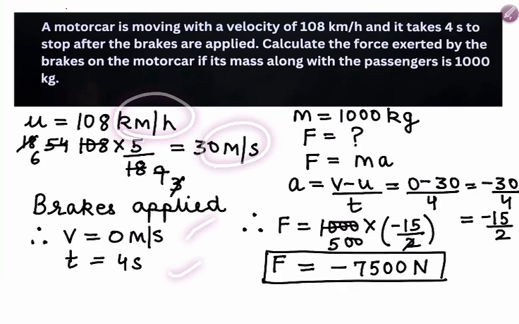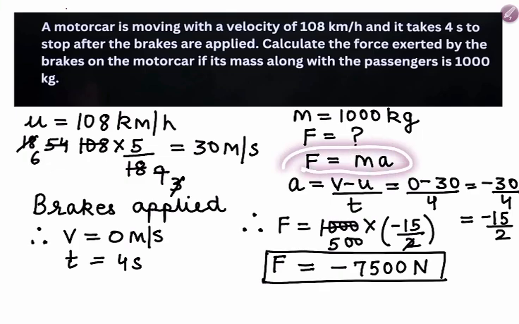Okay. Now we know that mass is 1000 kg given, and what we have to find out is F. And what is the formula of F? That is mass into acceleration. But to put the values in the force formula, we also need acceleration. So we will calculate the acceleration. Now we know the formula, acceleration is equal to v minus u upon t, and whatever values we have, we will put down. That means we have all these three values. So now let us put down the values.